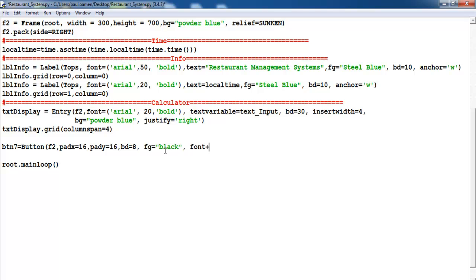Then let's go for the font type itself, or font style. Let's make that Arial, 20. Okay, then also make it bold, here, and close that comma. Then the text, or maybe I should have that in here. Okay, underneath here, text